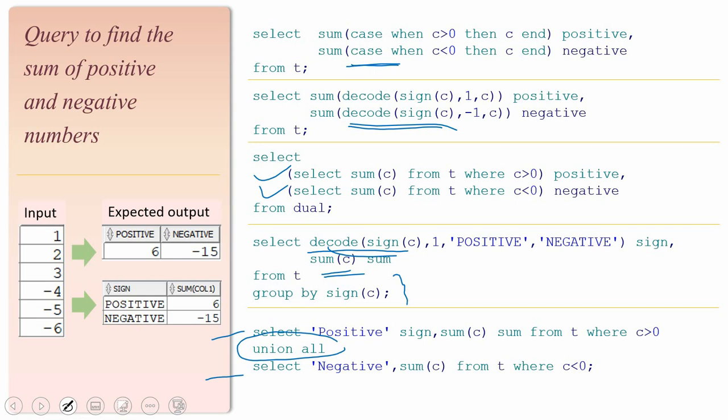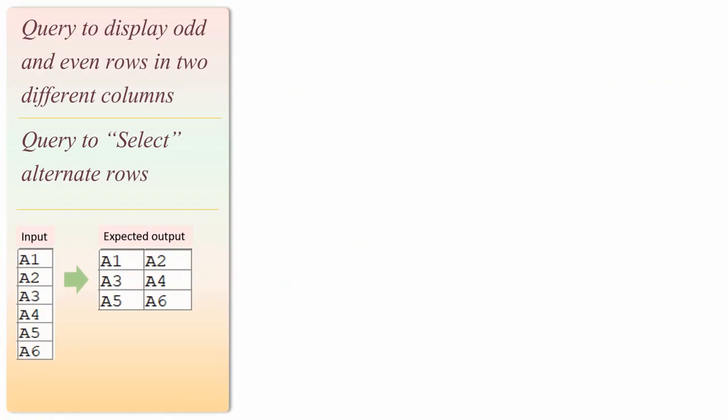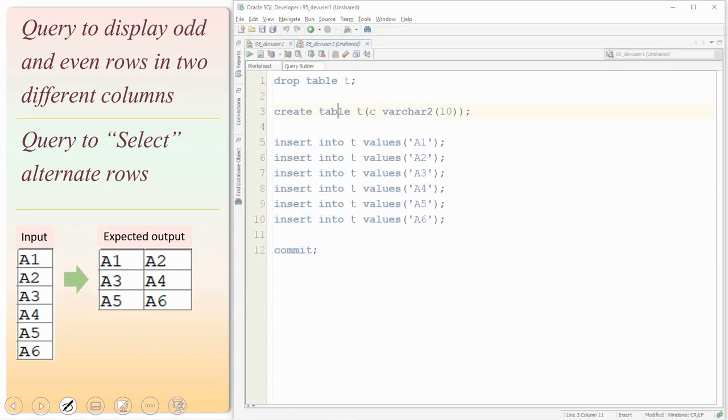For beginners, this is very, very important. Fine. Now let's move ahead with the second query. Sometimes the interviewer might ask how you will display the alternate records, or how you will fetch only the even records, or how you will fetch only the odd records. That's what we are going to see. Let's see how to implement this functionality.